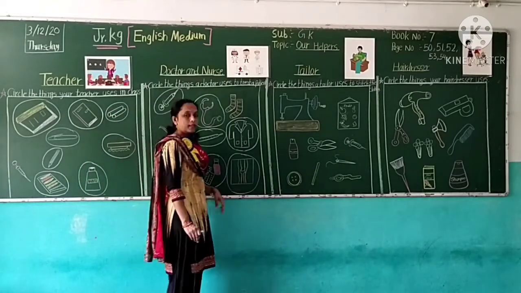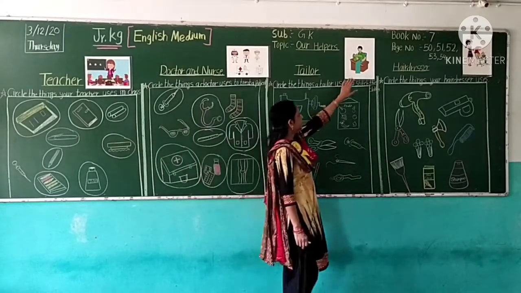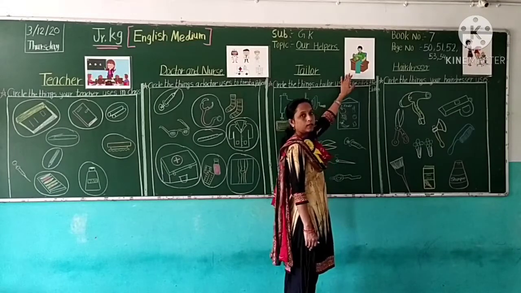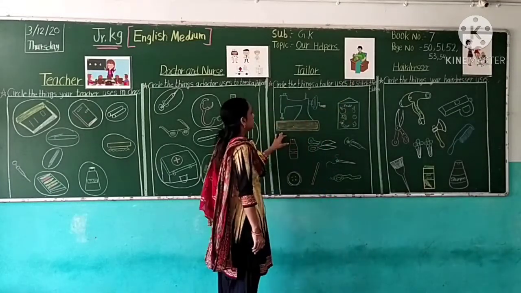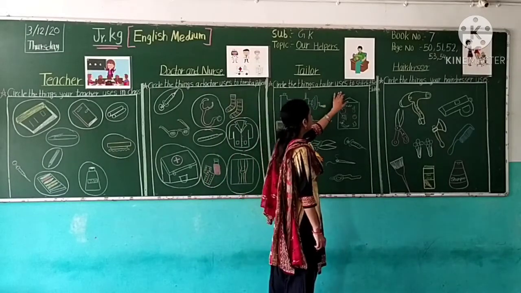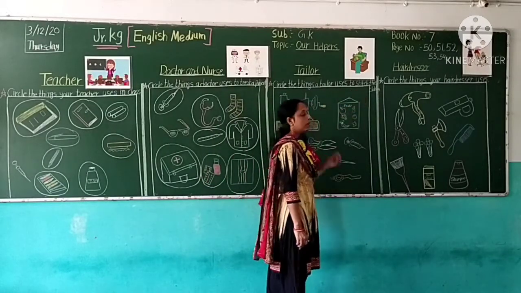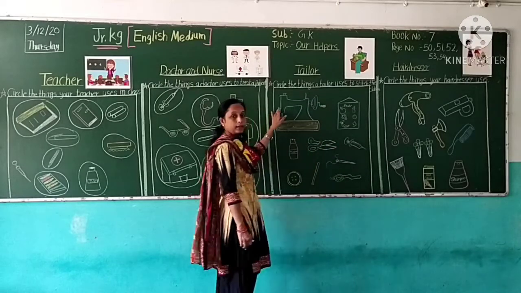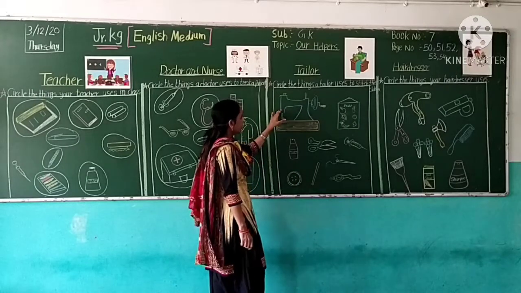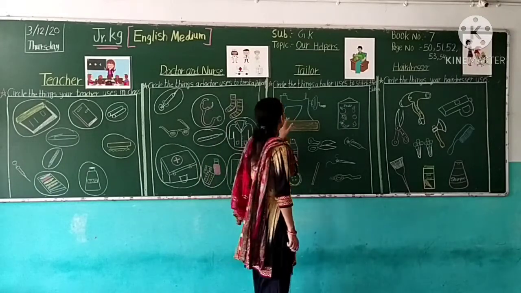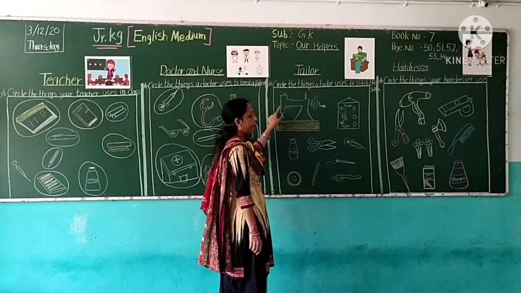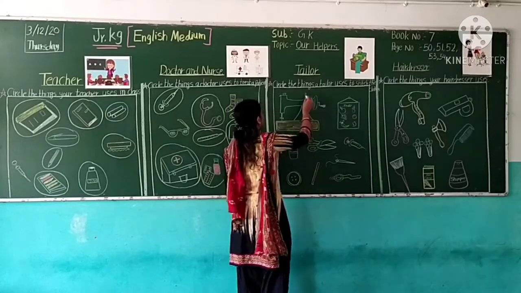Our next helper is, which picture is this? Tailor. Which picture is this? Tailor. So circle the things a tailor uses to stitch the clothes. Who stitches our clothes? Tell me. Yes, tailor. Tailor. So which picture is this? Machine, tailor machine. Okay. So here we circle